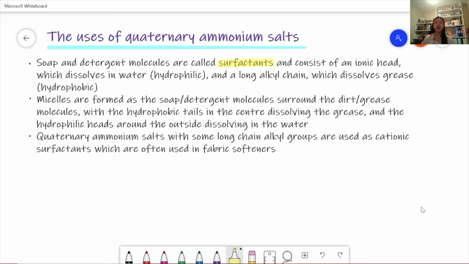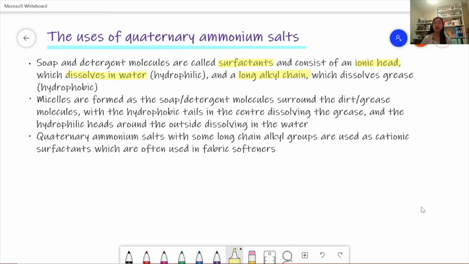And they consist of an ionic head which dissolves in water. That's because it's ionic, so it can form hydrogen bonds with the water. And also a long alkyl chain, which dissolves grease. And it doesn't dissolve in water because we only have carbon and hydrogen bonds, which aren't polar, so we can't form hydrogen bonds. And the word for dissolving in water is hydrophilic, and the word for dissolving in grease is